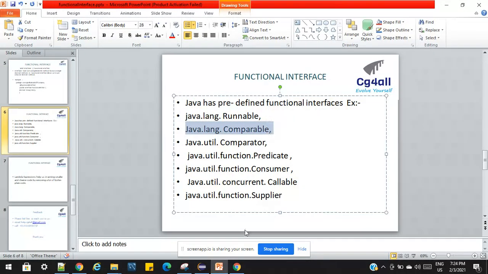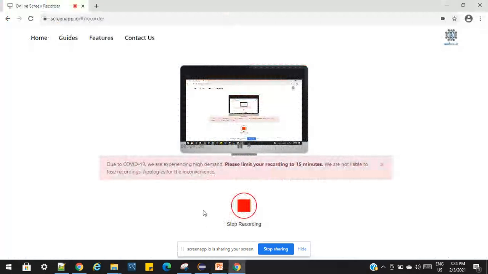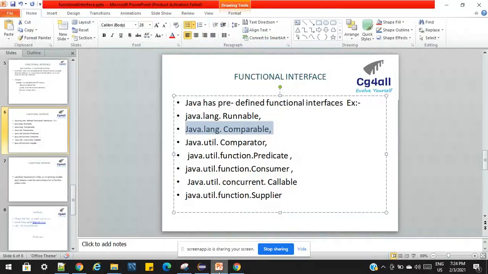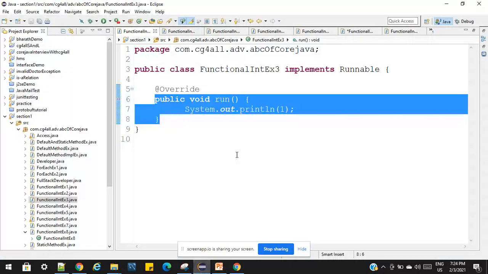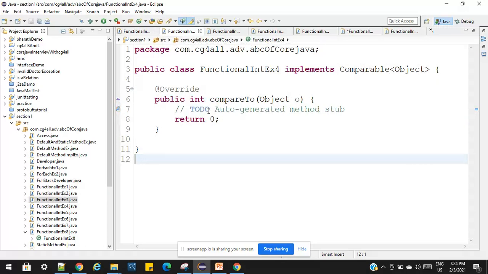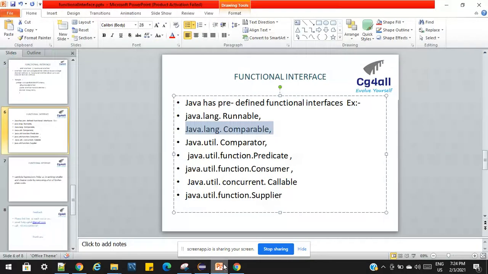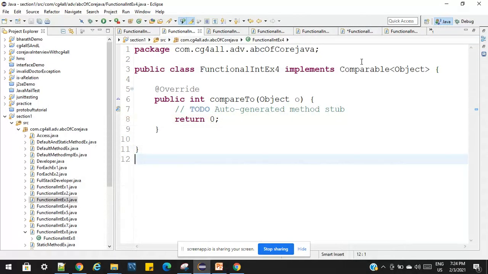Second thing, the Comparable interface. What is this Comparable interface? Let's understand with an example. The Comparable interface should be in the java.lang package.